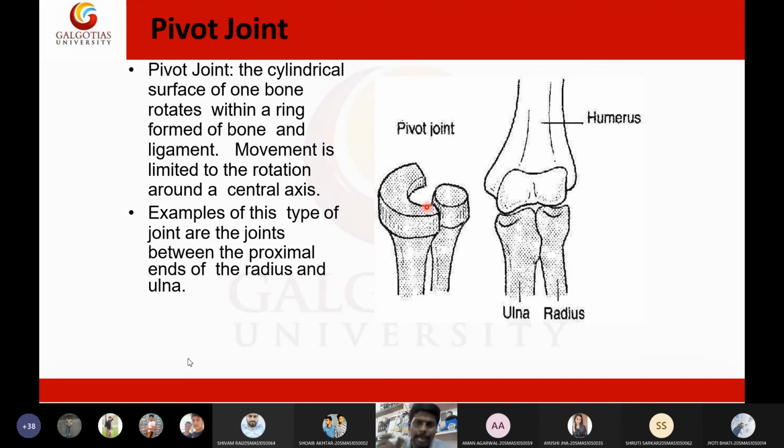Tomorrow I will keep animation videos for each and every joint, then you will get some idea. A student says, sir, a pedal of a cycle. Yes, the pedal of a cycle, similar to the pedal which is connected to the cycle. A similar movement is exhibited by the pivotal joint. Tomorrow I will keep videos and short animations, then you will get the exact idea of these joints. For now, just remember the names.